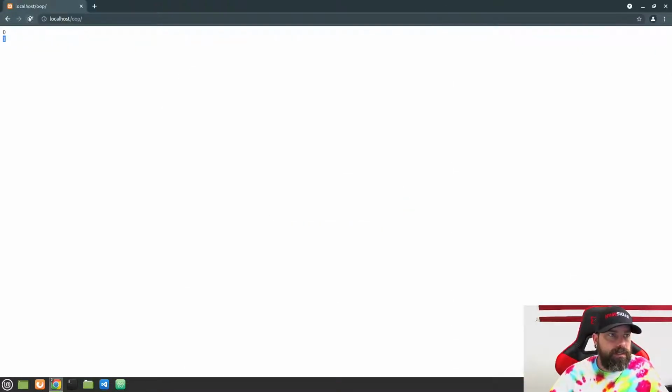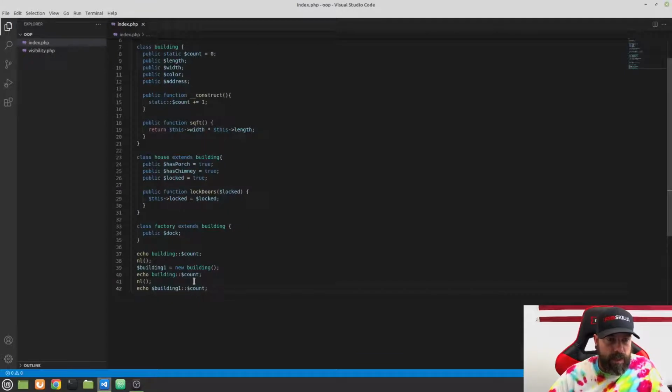And what you're going to find is we're going to have another 1. And that's because whether we're accessing this from any of our classes, this static is shared among all of the classes. You can think of this as a shared property that isn't part of these instantiated objects, but you can access it through. The way that I like to think of it is this is actually a variable on the class